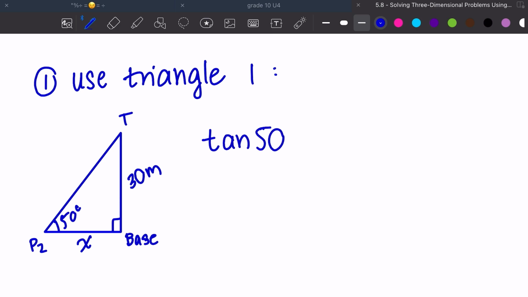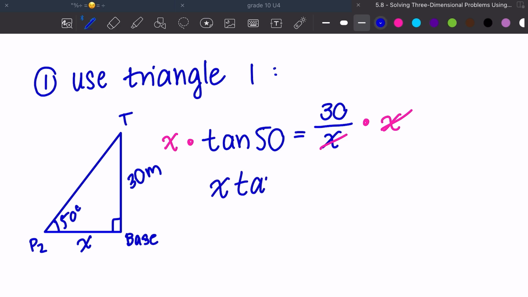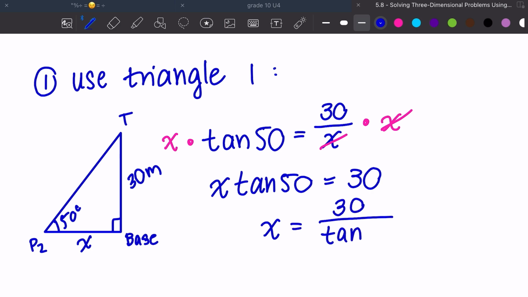So tan 50 is going to give me opposite 30 over X. Ugly. Unknowns in the denominator. Yeah, exactly. You can flip, or you do the same process of, we don't want this fraction, so I'm going to multiply both sides by the denominator. You'll just notice that you have to do a little extra step because you have X tan 50 is equal to 30. So to finally isolate X, you just have to divide both sides by tan 50. So X is going to be equal to 30 over tan 50,